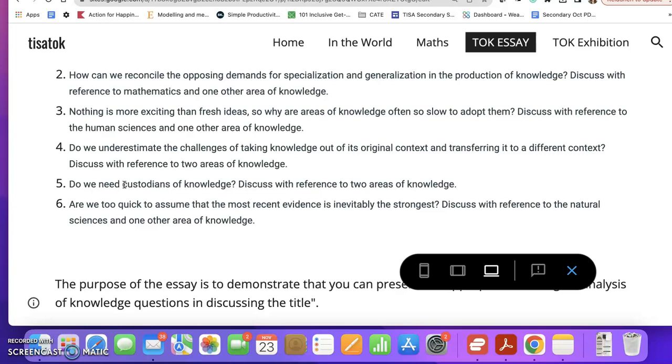She could answer that question by saying perhaps, yes, we do need custodians of knowledge because the knowledge that young women get from listening to these songs is potentially dangerous. That would give her a starting point or a jumping off point to discuss the question.